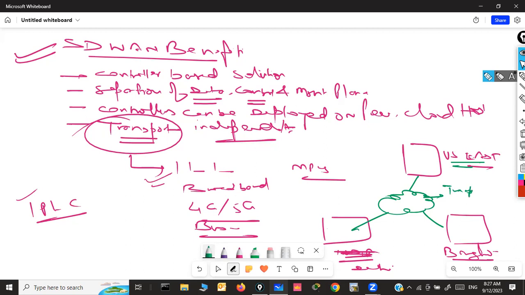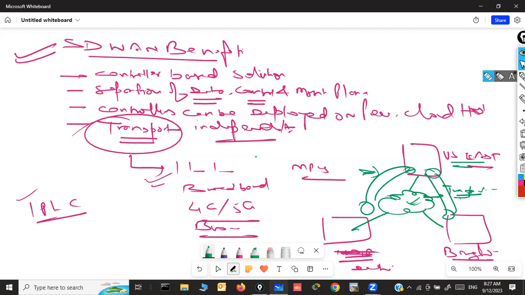But as we understand, internet is a public network, not a very secure transport, right? So there is security risk. So in SD-WAN, what happens? On top of it, an IPsec tunnel, a secure tunnel, is created, right? So even though the transport is internet, a public network, not any private lease circuit, communication is done inside this encrypted tunnel, secure tunnel, IPsec tunnel. So security-wise, there is no compromise, right? Because of this